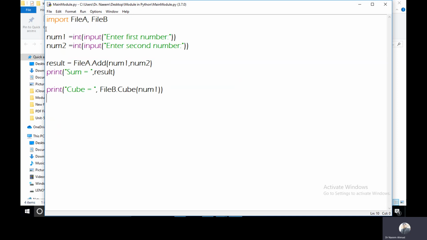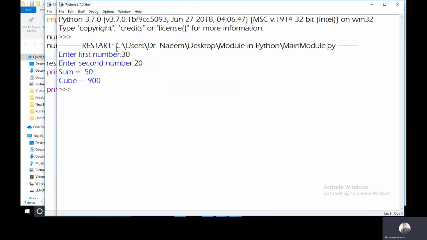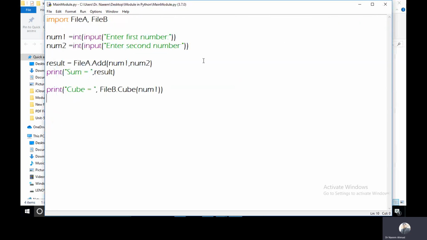And now I will run this main module, so I will get this result. You can see here I'm just keeping here 30 and 20, sum is 50 and cube is 27000 because the cube is of 30. So you can see here this is a very simple demonstration. You can call or you can import a module in your program.